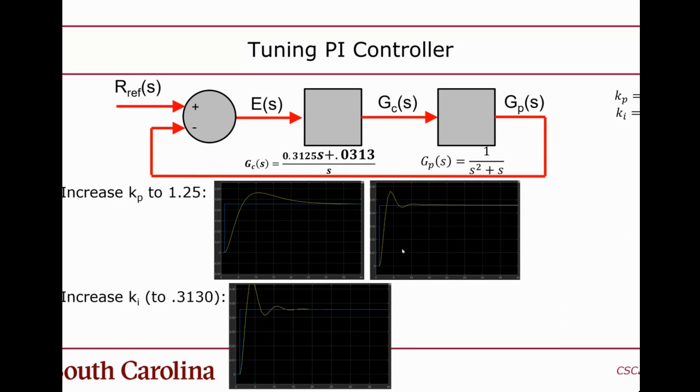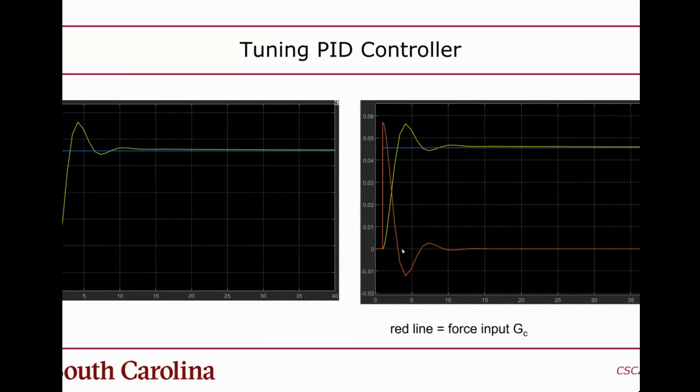I increase the proportional response to address the rise time, and then I increased the integral, which is supposed to drive the robot a little harder the longer it is away from its 1 meter destination, but that had the opposite effect. It had a deleterious effect, right? Because it caused it to overshoot more. So then I ended up